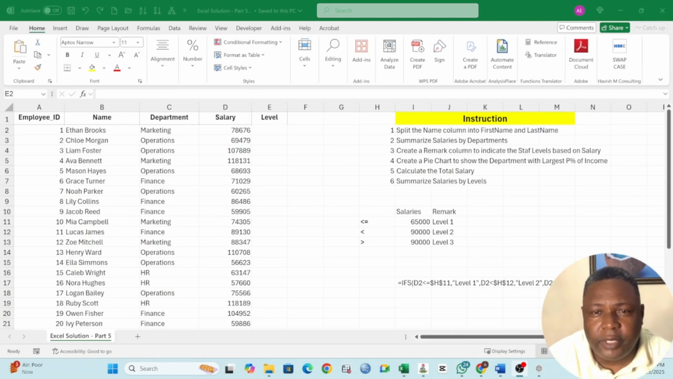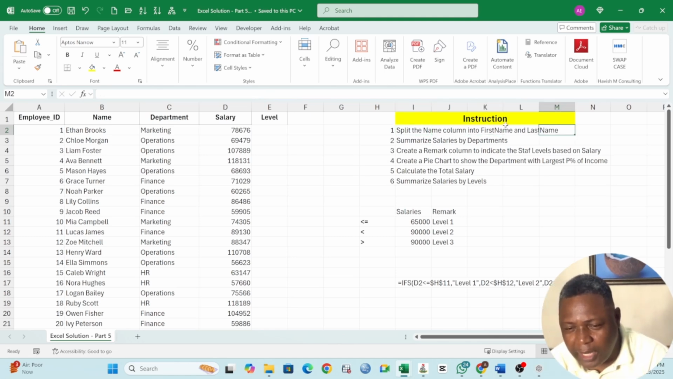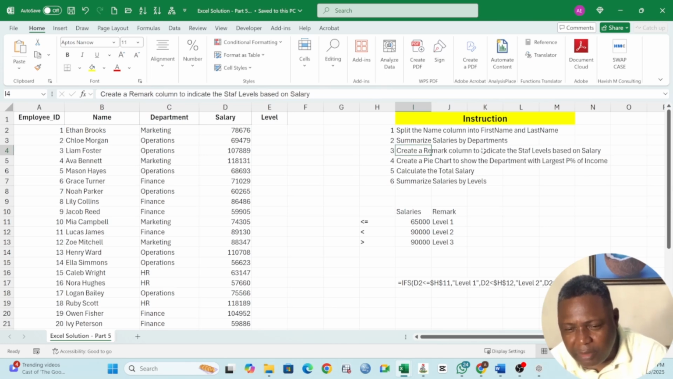Now, in today's Excel solution, we are going to be creating a solution following these instructions. We have 6 different instructions here. The first one says we should split the name column into first name and last name. Then secondly, we should summarize the salaries by department. We are to create a remark column to indicate the staff levels